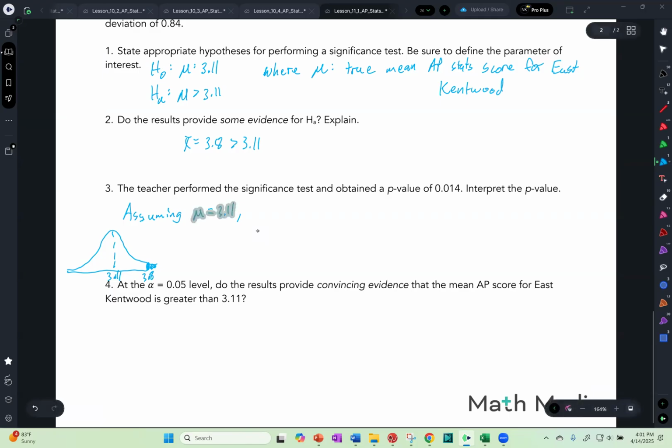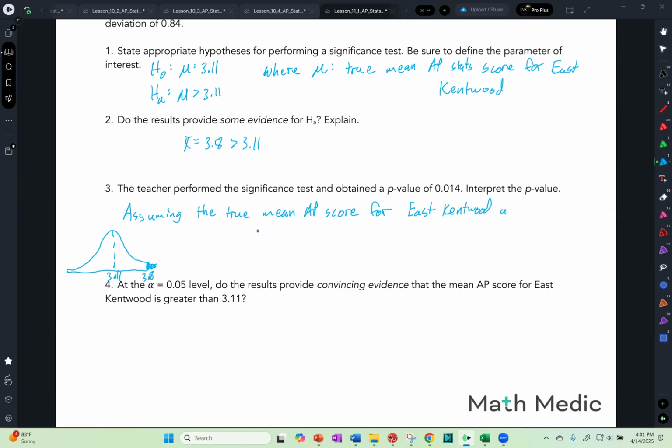or we really should have more context in there. So assuming the true mean AP score for East Kentwood was 3.11, the probability of getting a score of 3.8 or better by chance alone is 0.010, nope,